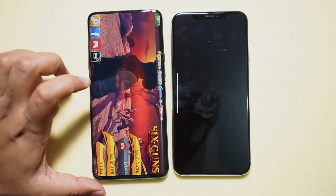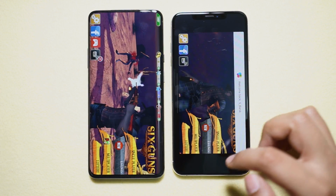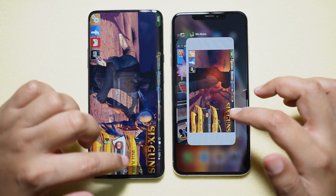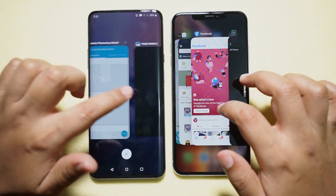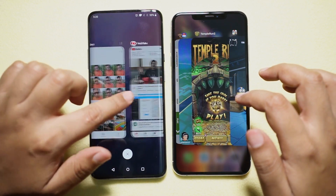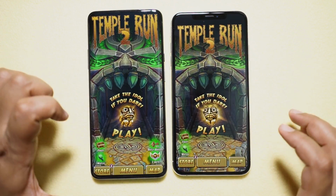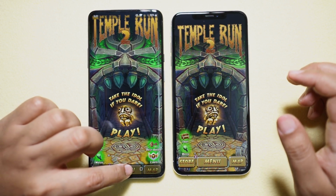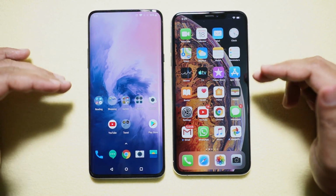Well, 6 Guns is still there on the 7 Pro, whereas it's reloading on the iPhone XS Max. Obviously, it's not fair to compare an 8GB RAM device with a 4GB RAM phone, but it's iPhone and iOS offers excellent multitasking capability. You need 8GB RAM for an Android phone to be as good or a better phone. I don't have the 6GB RAM variant, but I believe it might not be as good as the 4GB RAM